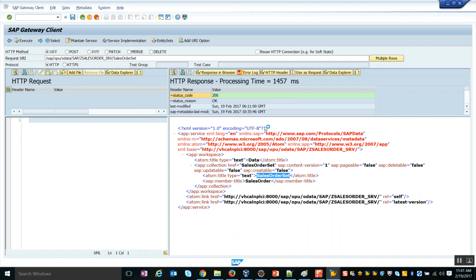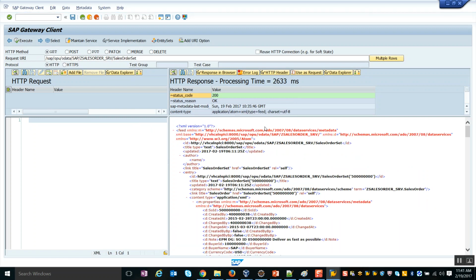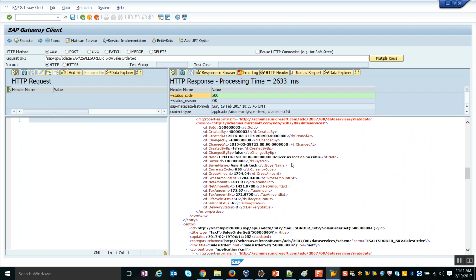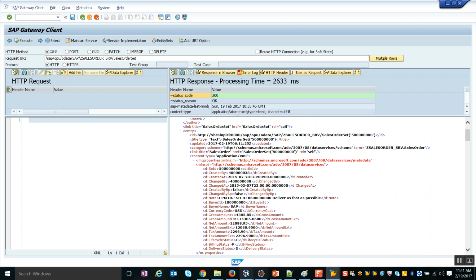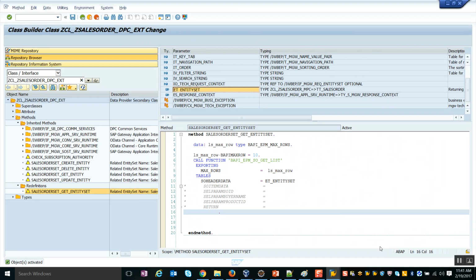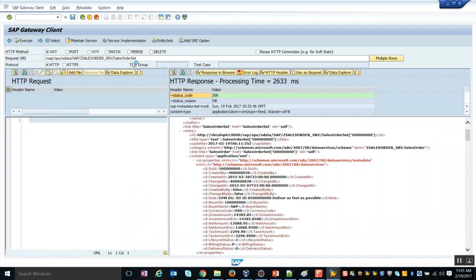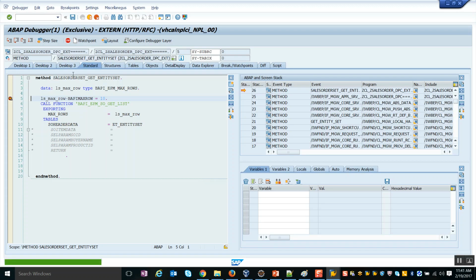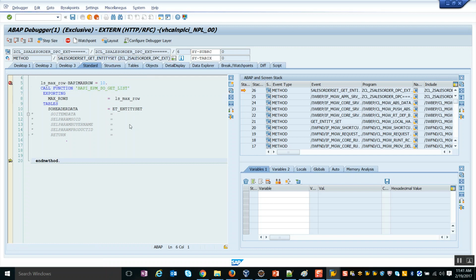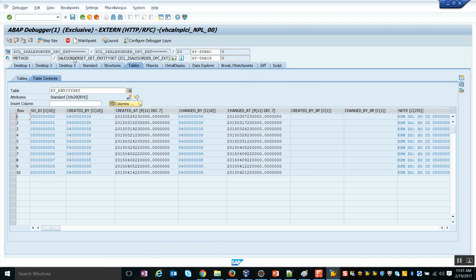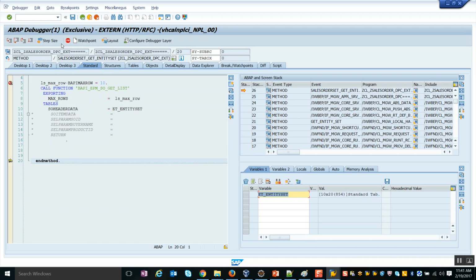So you click on this, it is going to execute that particular method. It is going to get the data and it is going to display it over here. So I will just put a breakpoint there so that you can see this. So when I execute this, since I'm trying to read all the information, it is going to go to this get entity set method, which gives you all the information, where from this function module we are going to get this data. So I'm just getting this 10 rows of header information and I'm going to give it to the